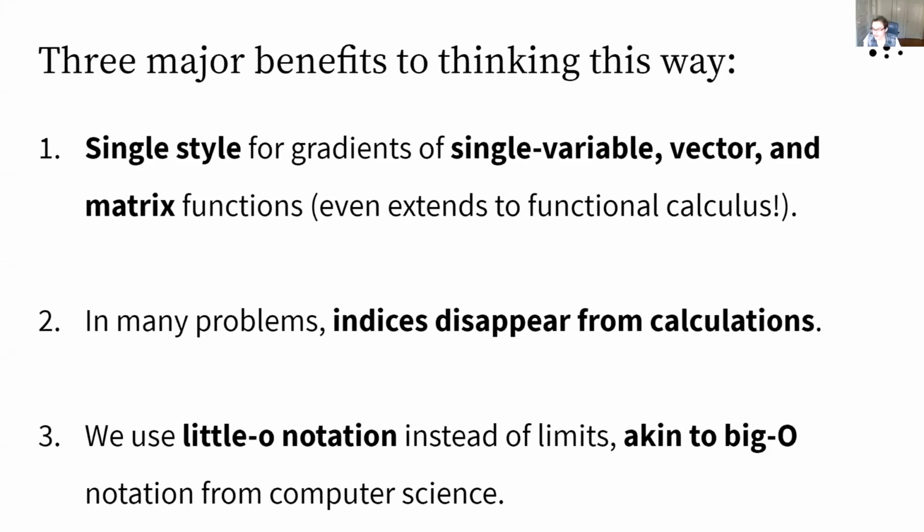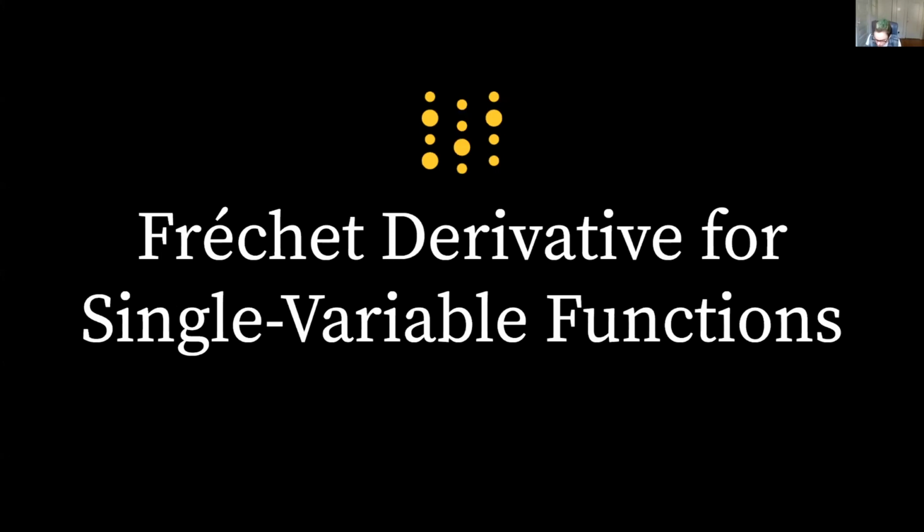So Hans' talk had some big O statements about how long algorithms would take, but none of the talks so far have included limits, if that gives you a sense for which of these things are more common in the toolkits and the practice of machine learning and software engineering. So we're going to spend most of our time talking about how this gives us a way to do calculus on single variable functions. But we will, in the end, point to how it gets used for vector calculus.